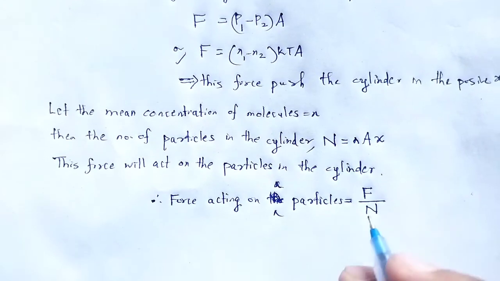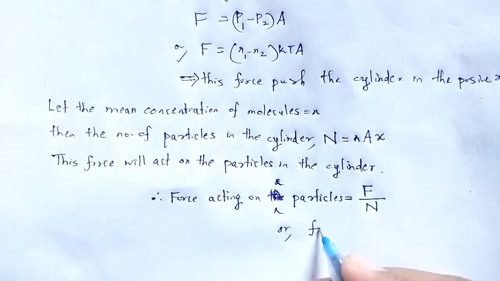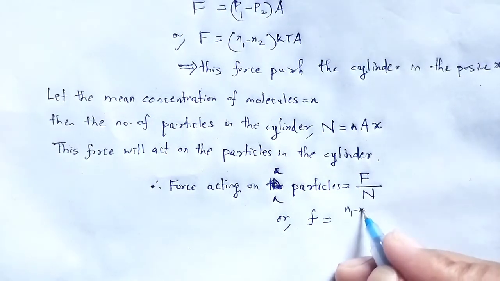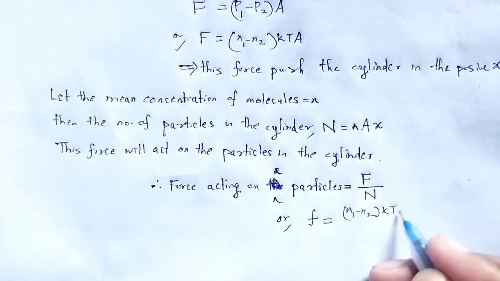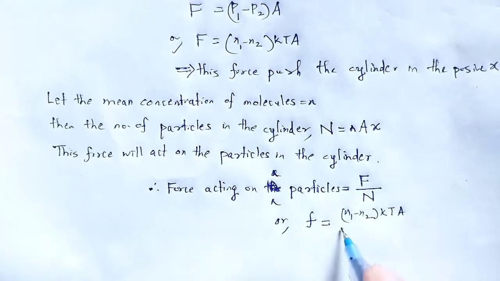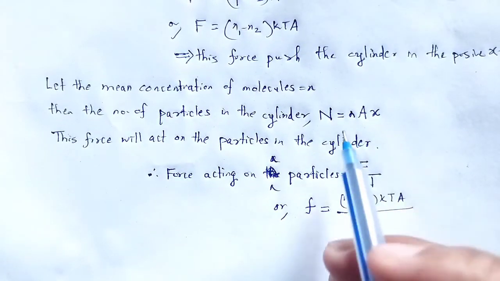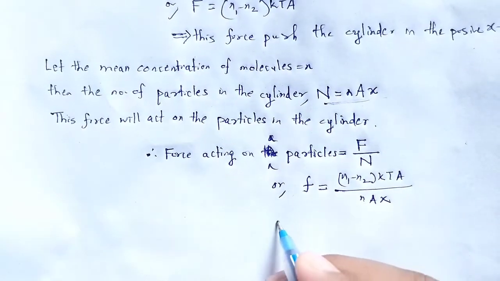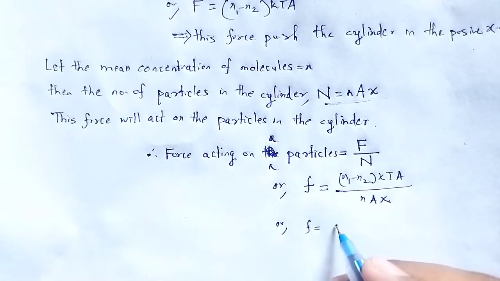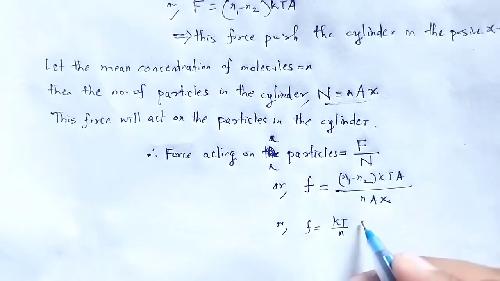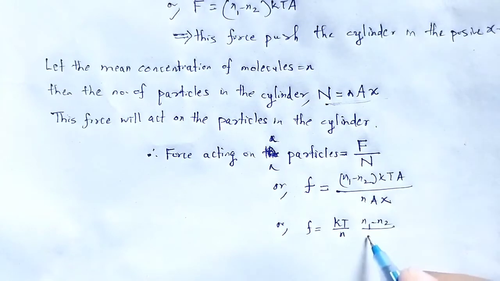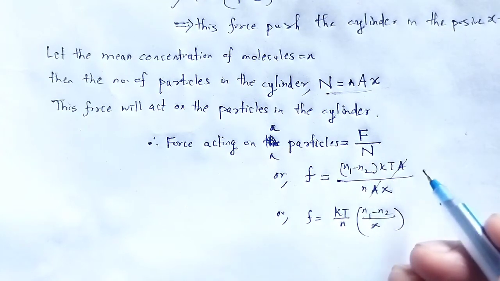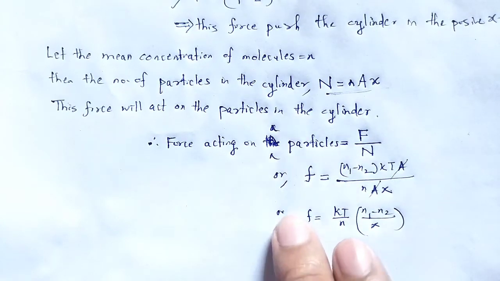Force acting on a particle, let that force be small f, means total force divided by total number of particles. Total force, that is (N1 minus N2) kT A, divided by total number of particles, that is N A x, or small f is equal to kT by small n, that is (n1 minus n2) divided by x. Here A cancels out. This is the force acting on a particle,